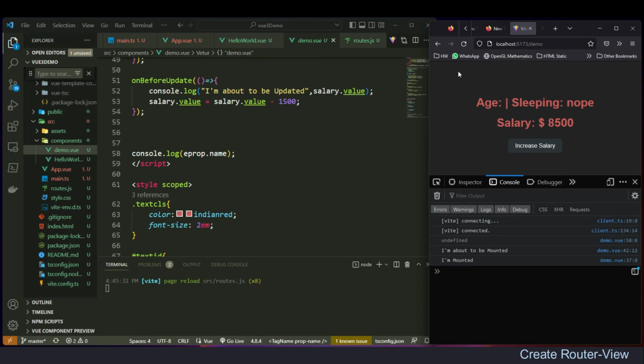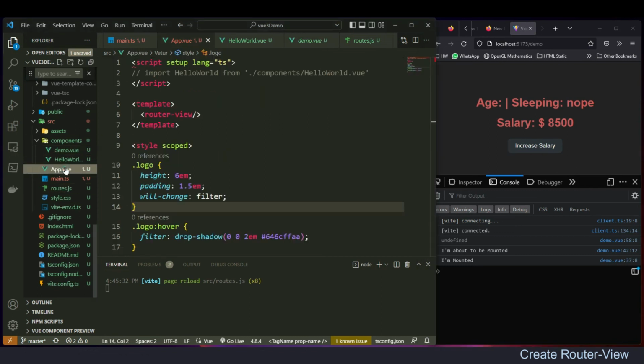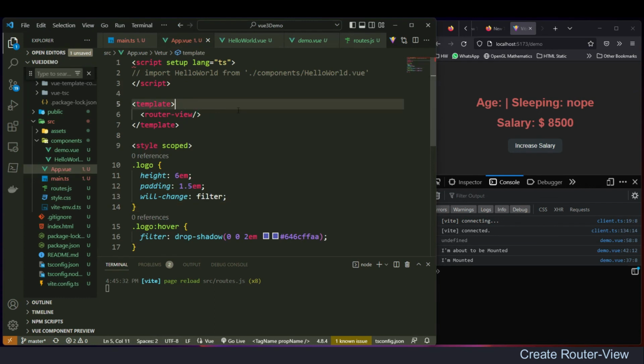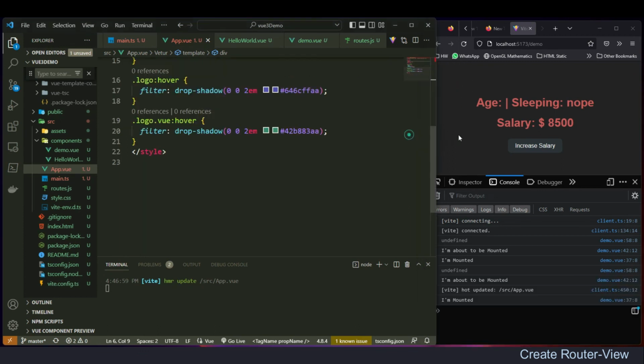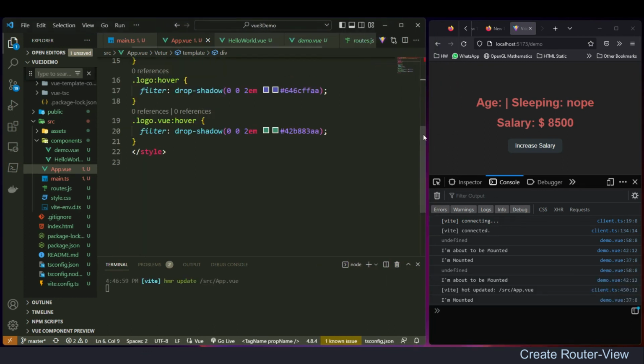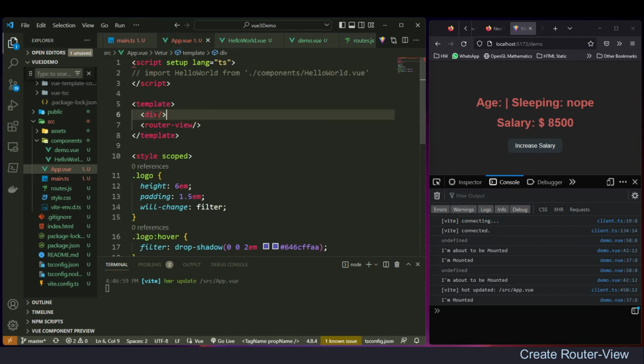I need to have some kind of navigation buttons. When I press those buttons, I need to change the page, but without refreshing the view or refreshing the page. I'm going to App. Above the router view, I'm going to add one more div, and let's save this. Nothing should be seen because we are not doing anything here now. In the app view div, and let's give